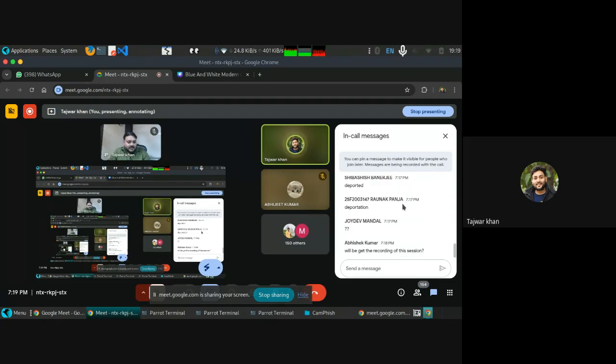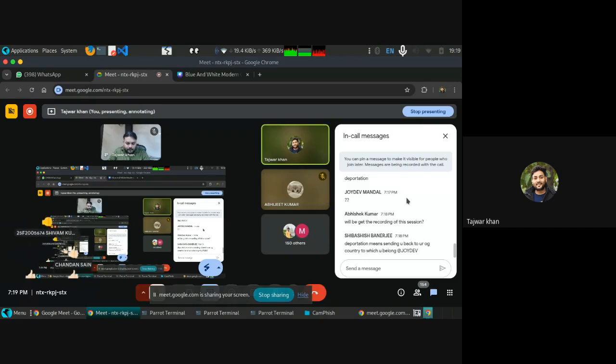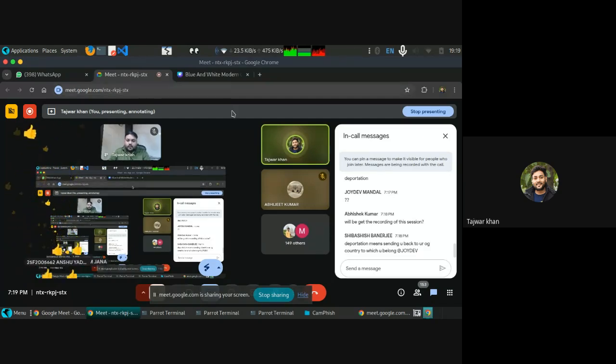Even in India, we have lots of sections. Deporting is when a particular country is sending someone back. Like recently, lots of students from India got deported from the US. So it is when a particular country is sending students back to their nation. Clear? There are lots of countries that take care of exactly what you are writing over the internet.